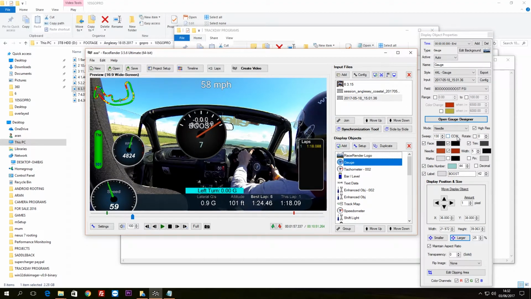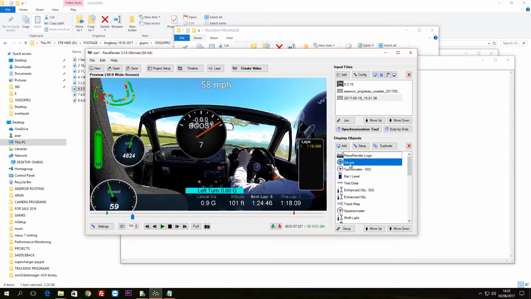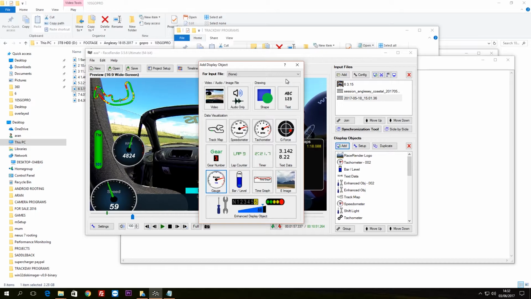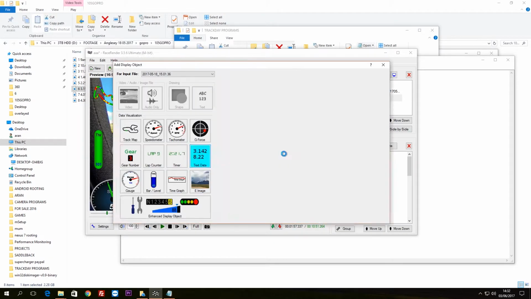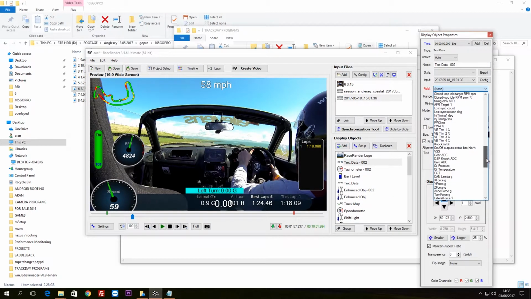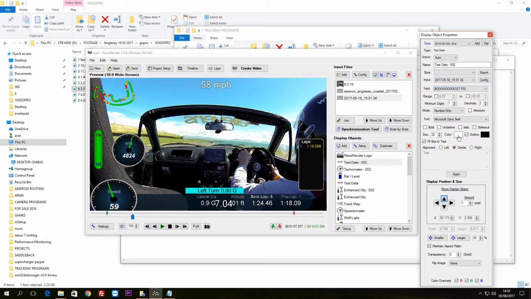In my purpose, I'm actually going to just get rid of this gauge. So just select that and delete. And I'm going to show you how to add text data for simple things like data or just normal text overlays. So when we go to add, I'm going to make sure it's the right input file. I'm going to go to text data here, and I'm going to select our boost PSI. Drag this up a little bit,